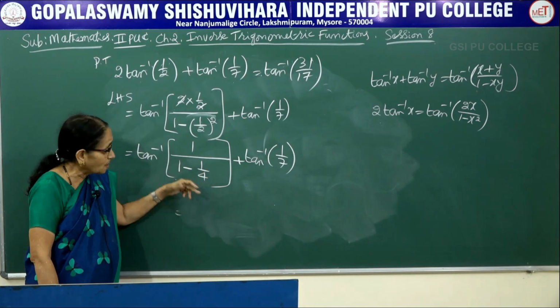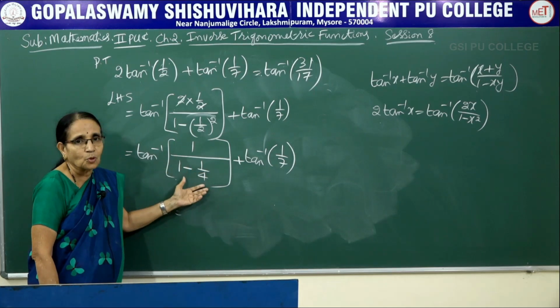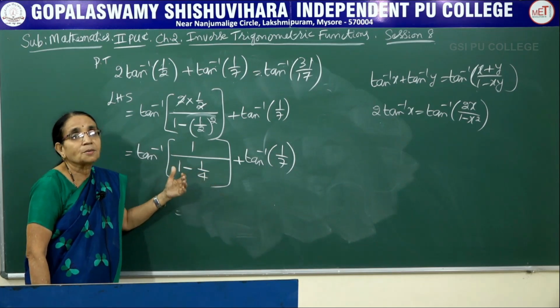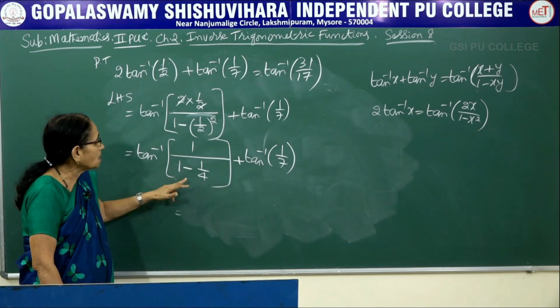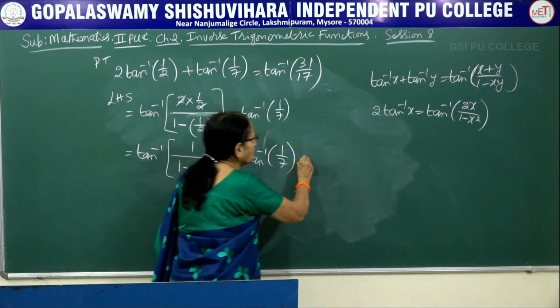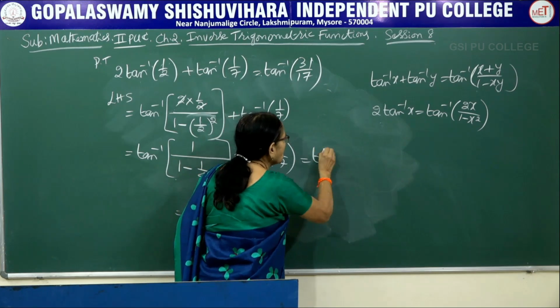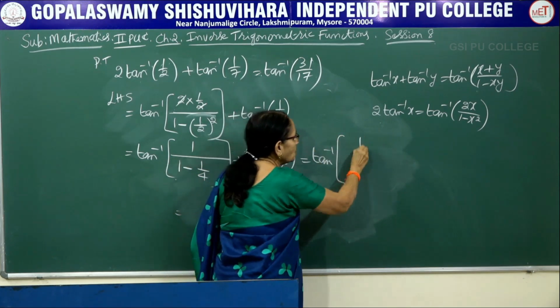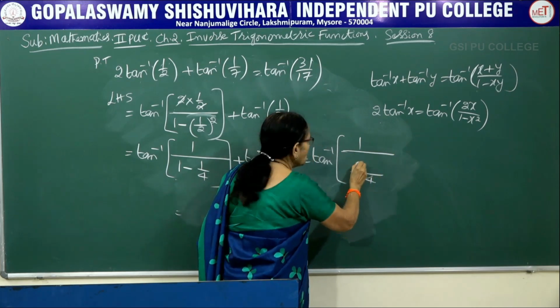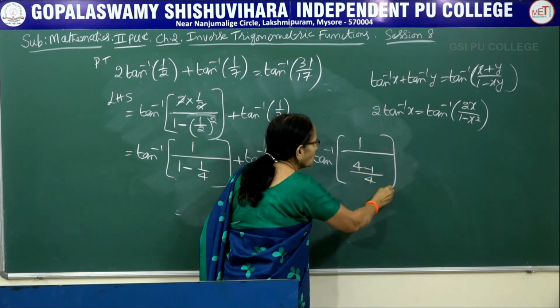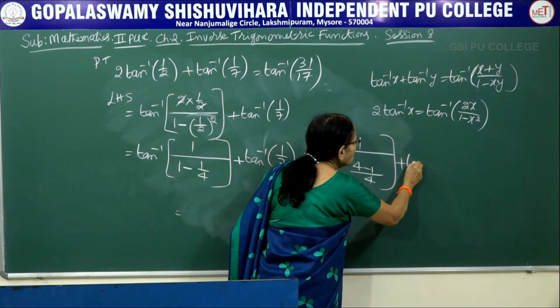If you could directly write it, 1 minus a quarter is 3 by 4. If you find it difficult, again you can take the LCM for the denominator and simplify. Let me take the LCM. 1 divided by, here 4 is the LCM, it is 4 minus 1, plus tan inverse of